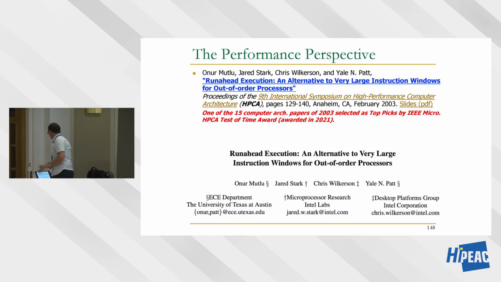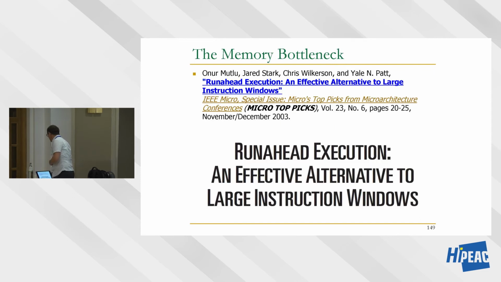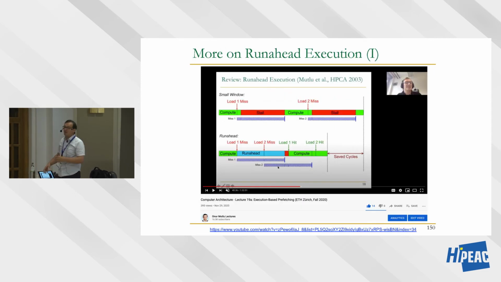We wrote a paper, you can read it if you're interested. I'm not going to talk about it in detail, but we wrote multiple papers on this topic. The idea here was a processor-centric idea, although it could be applied to memory-centric systems. Basically, instead of stalling the processor when it gets a cache miss, keep running ahead. Take a checkpoint of the state, speculatively execute instructions, and keep executing instructions for which you have the data, and compute addresses that are going to miss in the caches. This way you can start some accesses that will miss in the caches early, so that you can parallelize cache misses.